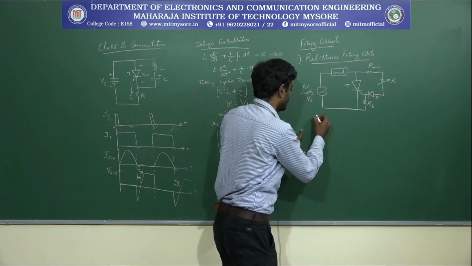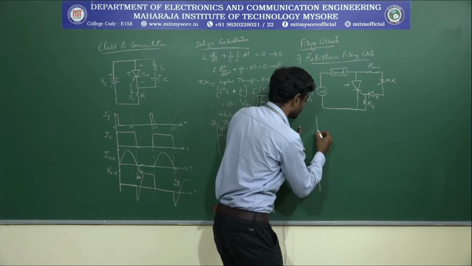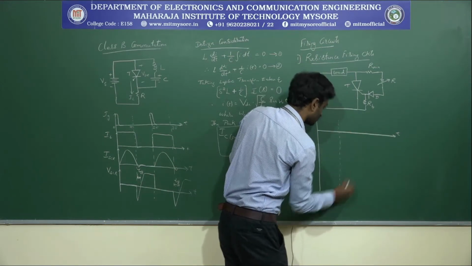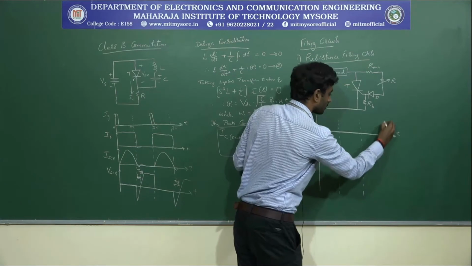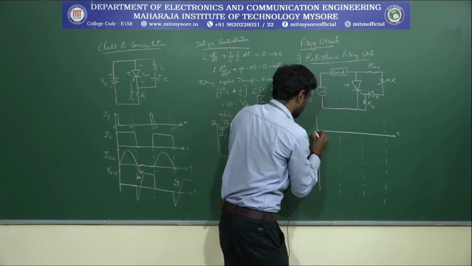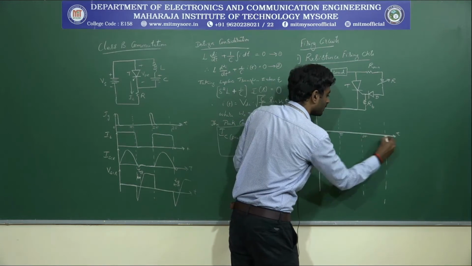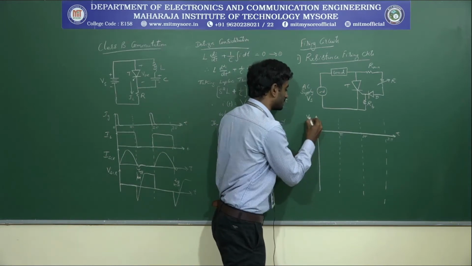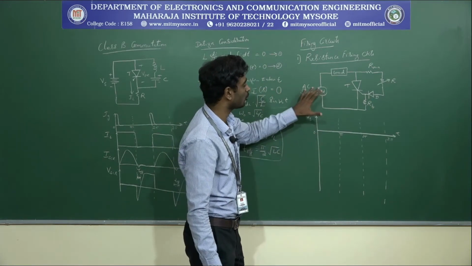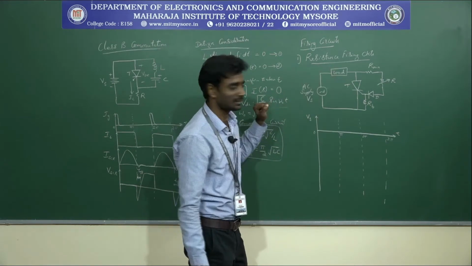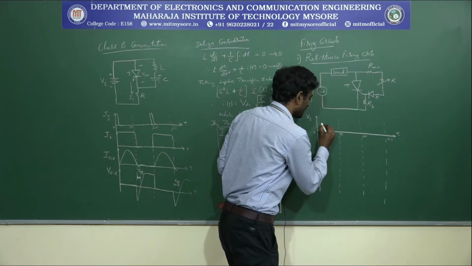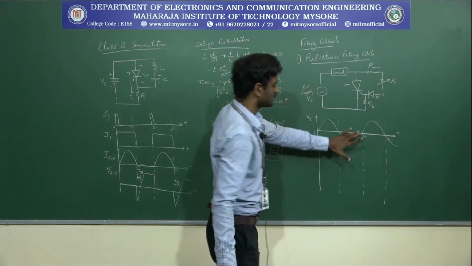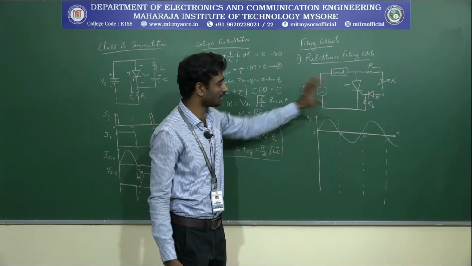So if you consider this particular circuit, how will it be working? See, this will be my time axis: zero time, then pi, 2 pi, and 3 pi. At the first stage, I will be applying some input voltage, that is, I am applying some supply voltage across your load or thyristor. How are you applying your supply voltage? Like this sinusoidal wave. This is how we apply a supply voltage across your circuit.